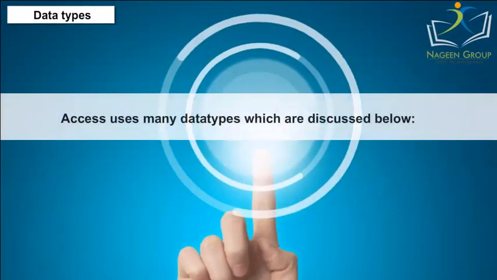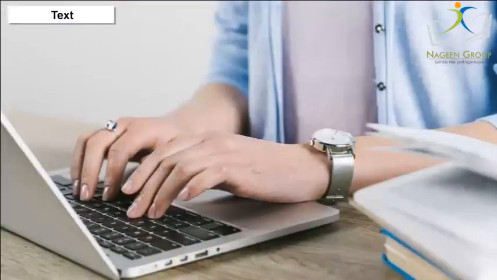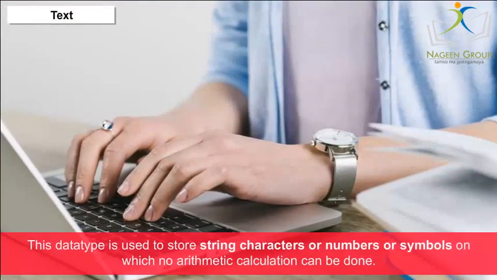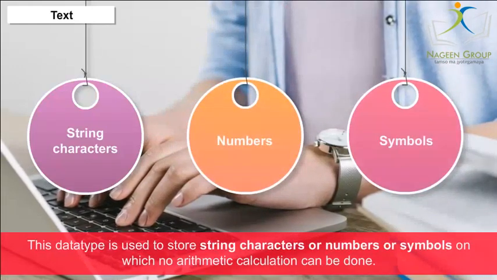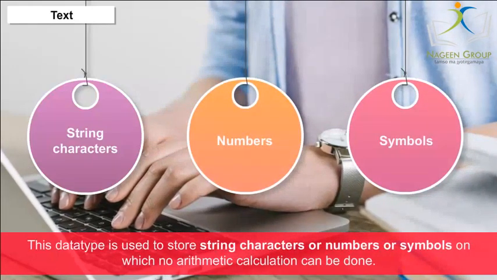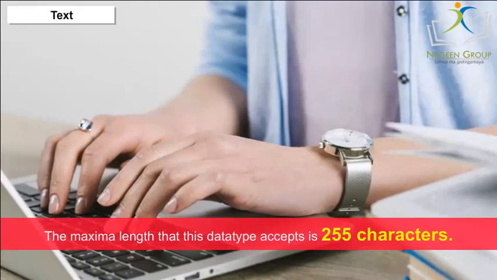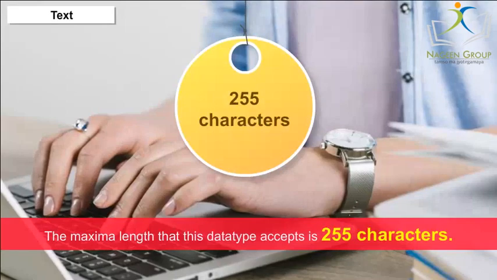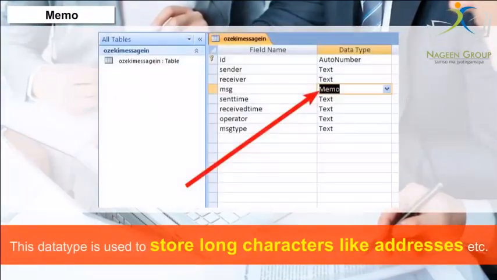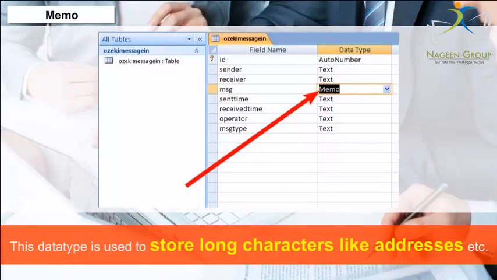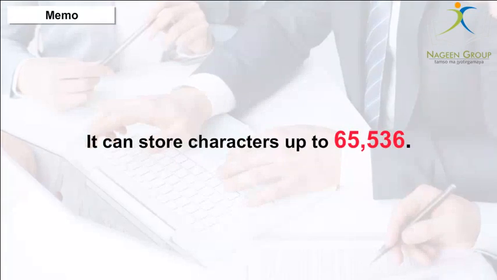Data types. Access uses many data types which are discussed below. Text. This data type is used to store string characters or numbers or symbols on which no arithmetic calculation can be done. The maximum length that this data type accepts is 255 characters. Memo. This data type is used to store long characters like addresses, etc. It can store characters up to